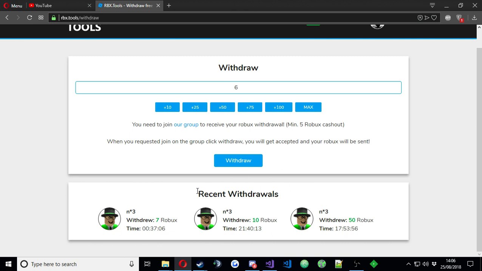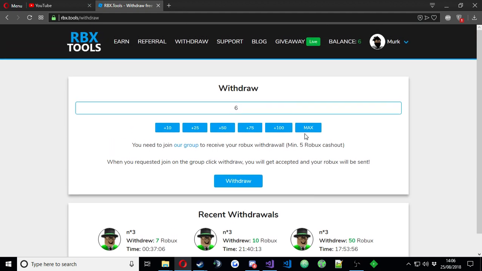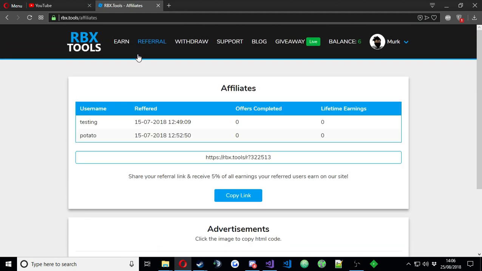And then if you withdraw, you'll see your name here as well on the left, and so on. So that updates as well. And we've also got a referral system. So you can see here that I've referred 2 users which were just nonsense usernames, but what happens is you'll